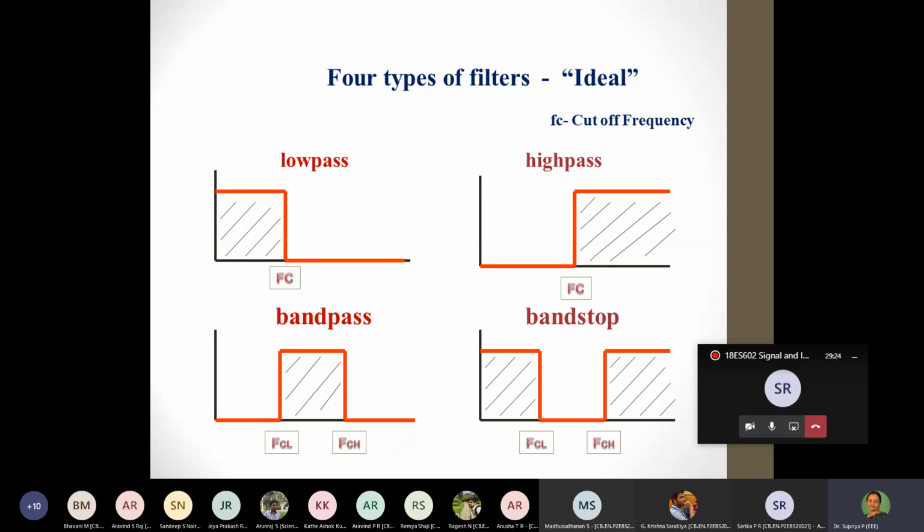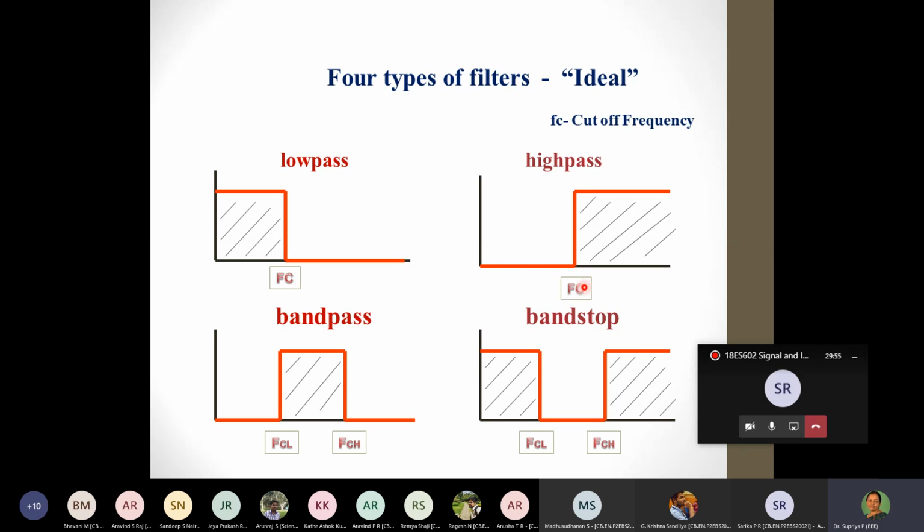What is high pass? High pass is just the reverse of low pass. Is it right? If you see the diagram, you can see that is what it is. This tells us the amplitude or the magnitude of the response, and this tells about the frequency. So basically it is the frequency response of a filter, and since it is the frequency response of a filter, here we are going to have a cutoff frequency,